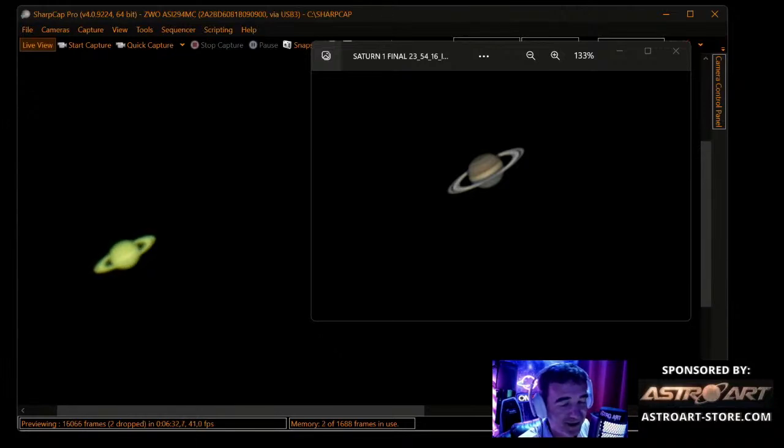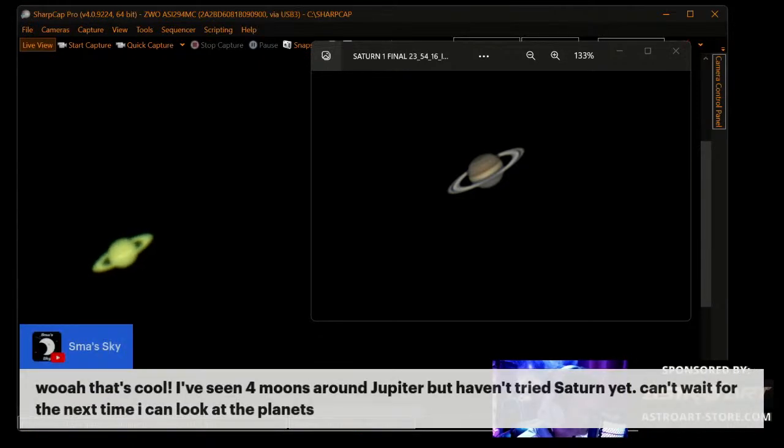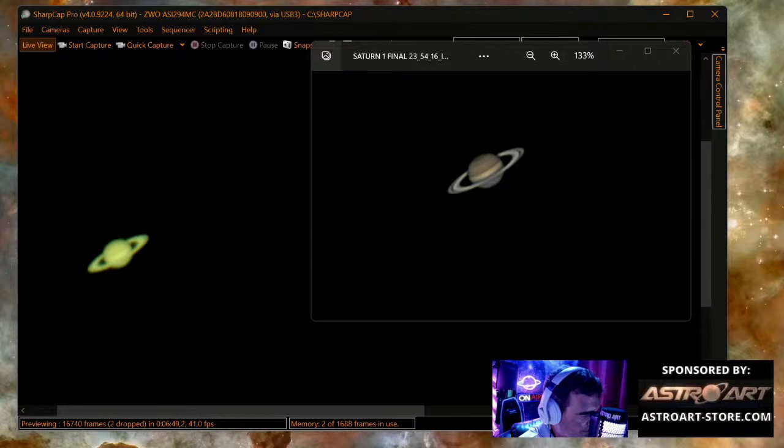Watch Jupiter now with it. Wow, that's cool. I've seen 4 moons around Jupiter, but I haven't tried Saturn yet. Can't wait for the next time I can look at the planets. We still have plenty of time.